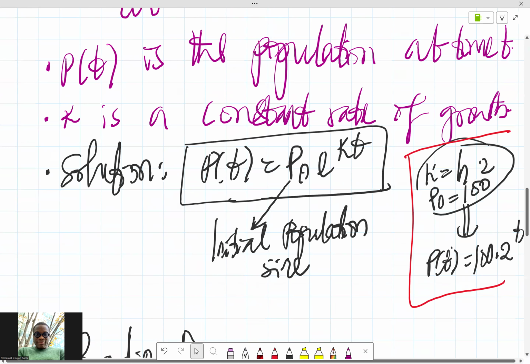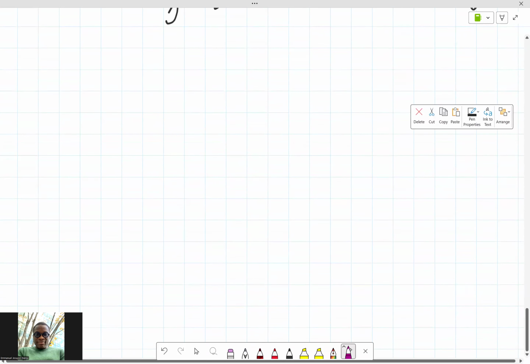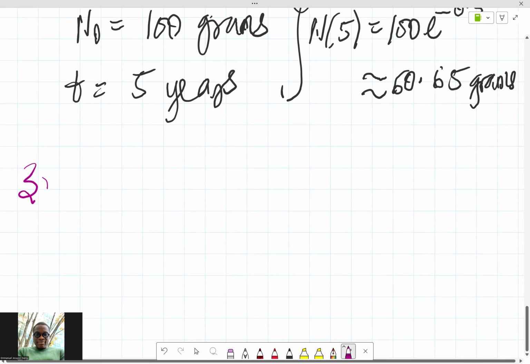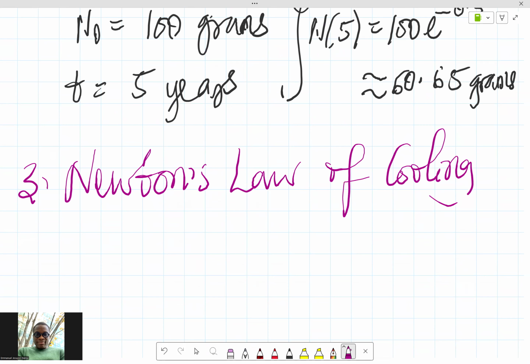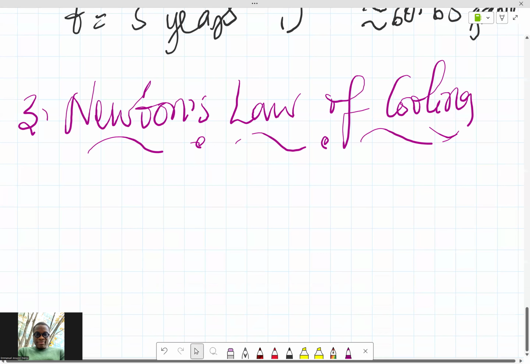So that's one other instance of this. Then we go to number 3 application of first order ODEs, which is Newton's law of cooling. It's more like bringing a substance to the ambient temperature of its environment. This law describes how the temperature of an object changes over time when placed in an environment with a different temperature. The rate of change of the object's temperature is proportional to the difference between its temperature and the ambient temperature, leading to the equation